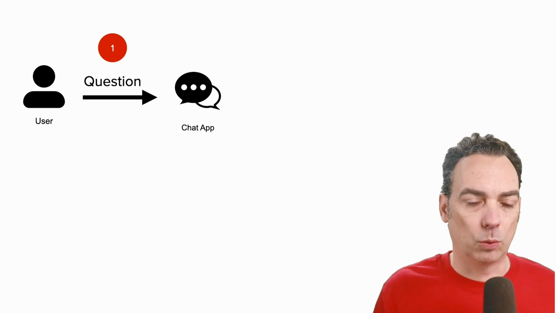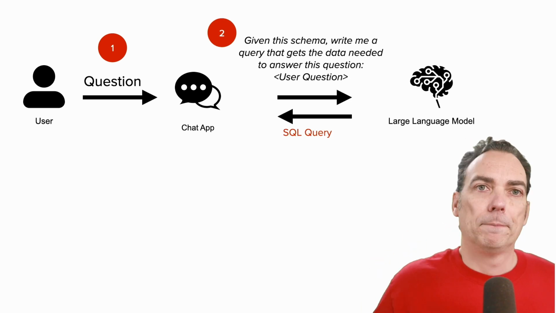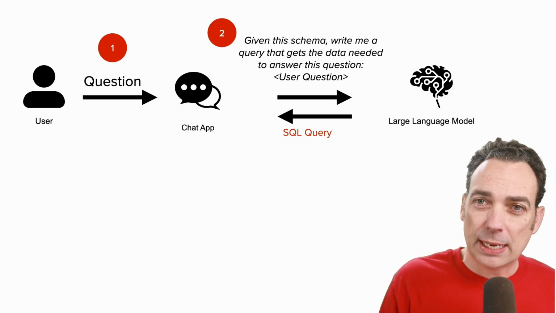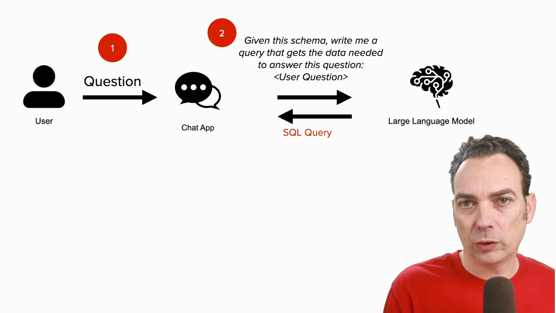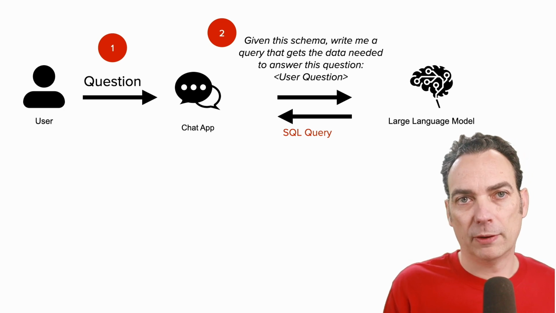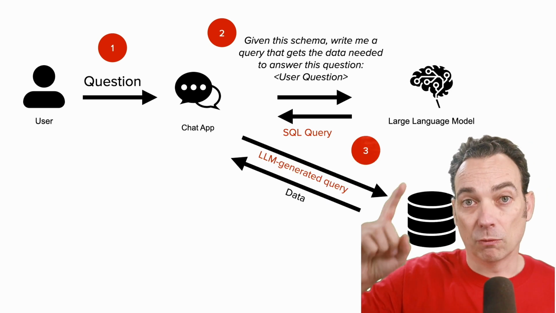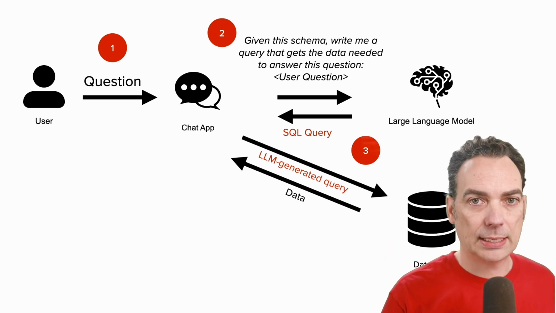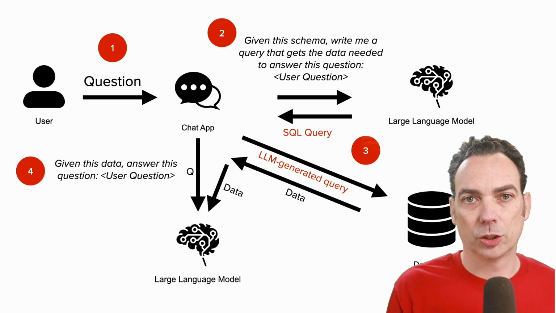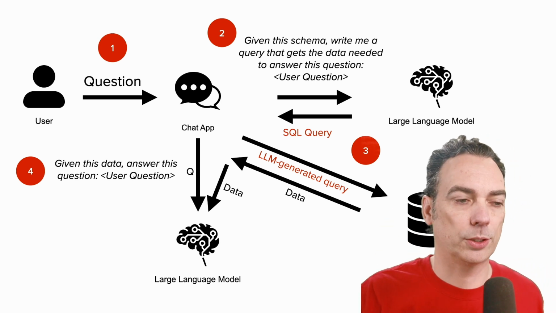Agents in the context of RAG work like this. It can work in a lot of ways, but basically it's a two-phase process. User asks a question. The chat app then says to a large language model, hey, given this schema for a database, can you create a SQL query that would come up with relevant data that could help answer this question? It returns the SQL query. The chat app then runs the SQL query against a database. It gets back a bunch of data, and then that data becomes the contextual data that goes to the large language model along with the question in that kind of RAG workflow saying, given this data, answer this question, right?